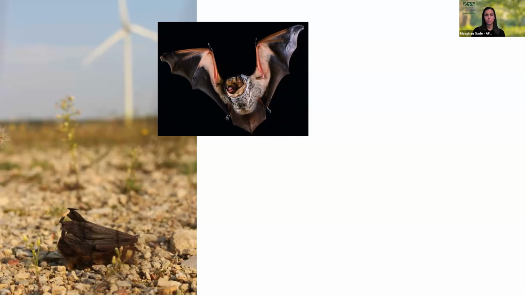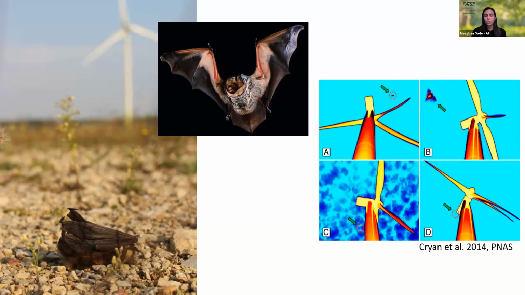And we do have a lot of science behind it to tell us sort of what's going on. So we know that most bat fatalities in North America happen to migratory tree roosting species. So species like hoary bat, eastern red bat, silver-haired bats. And we know that they're happening typically during the migratory season, so late summer, early fall. And we see that these bats really do interact with these turbines. They'll fly right up to them, and most of these mortalities happen as they're getting caught up in what's called the rotor swept zone. So the turbines turn around, and they're actually getting hit by those turbines.